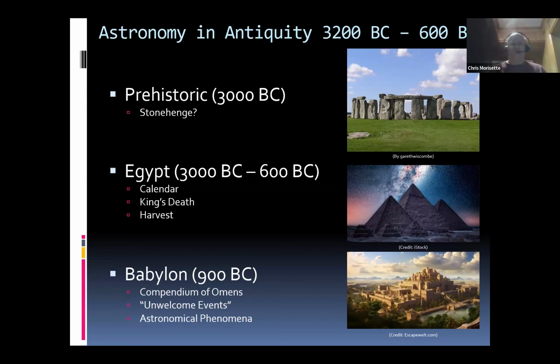Poor or failed harvests could end up resulting in upheaval of the social and political system, which it had done on at least one occasion. So the king's death and his ability to become a star in the heavens was important. Obviously, the harvest was a key underlying need that the Egyptian culture had, and astronomy was used to determine the annual flooding of the Nile and synchronize planting and harvesting, etc.